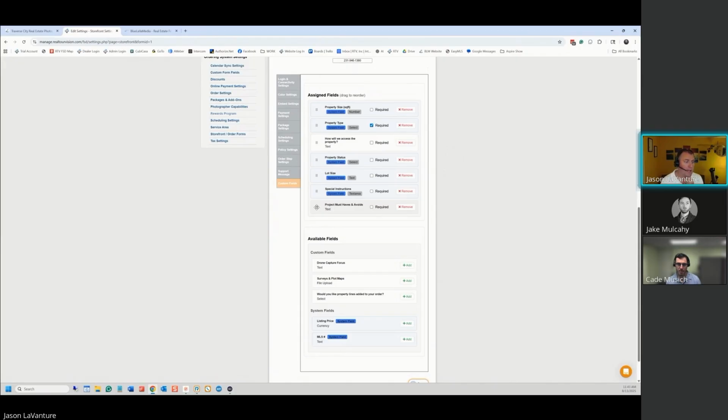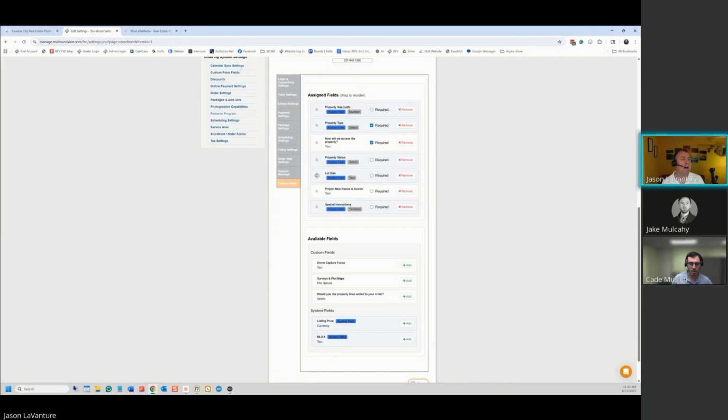And then, do we really need special instructions if we're putting project must-haves and avoids? Probably not. I mean, they're probably redundant. We can roll with both of them. I'm not going to make either one required. I think access is required. Property type can be required. Property status definitely not required. Lot size